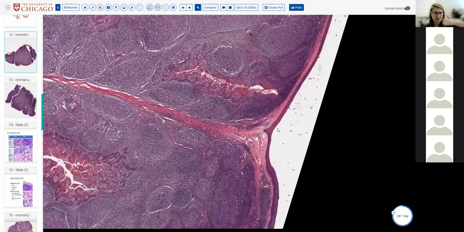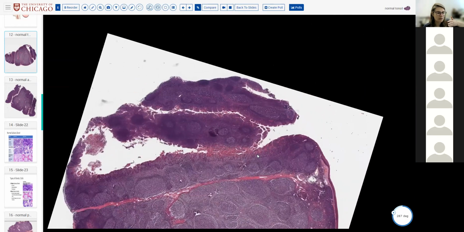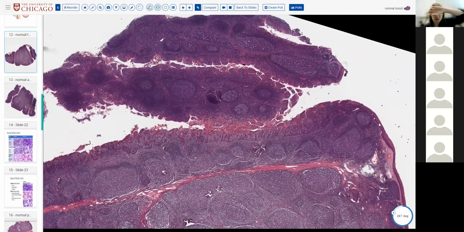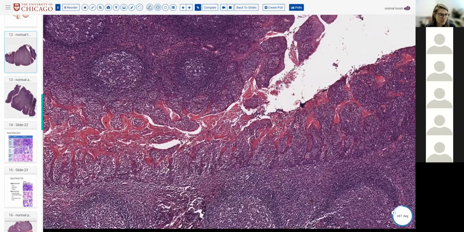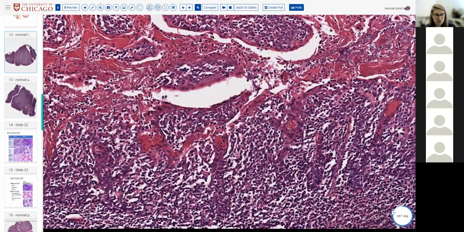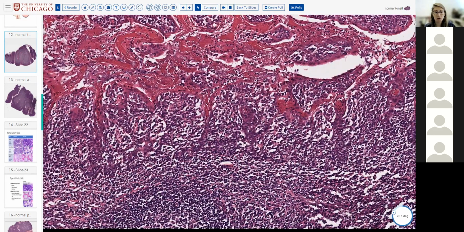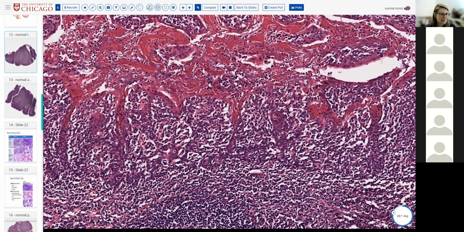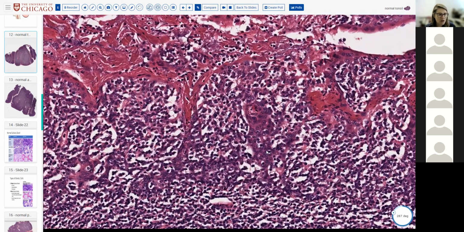On the mucosal side, you're going to see your squamous epithelium. And then very characteristically, the squamous epithelium is going to dive down into this more frond-like, raggedy epithelium. This is the specialized reticulated epithelium of the tonsillar crypt. It may look like a meshwork or a network. You can see that the squamous epithelial cells, which are these more plump cells, are being